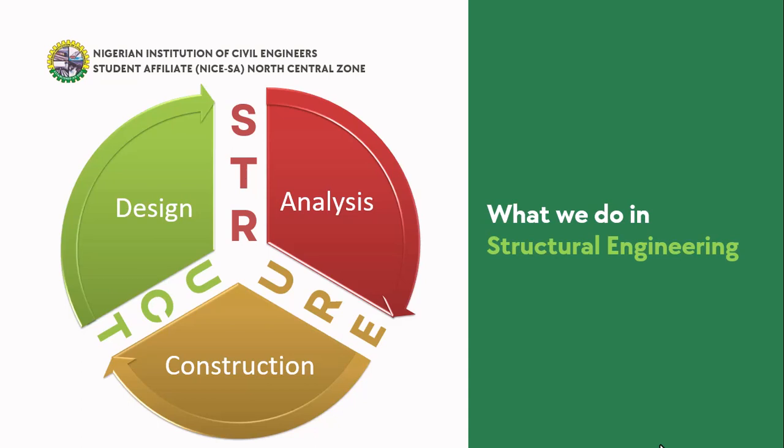So we have land. Maybe the only thing that would have been done with land without structural engineering would have been farming. But with structural engineering, we realized that we could do a lot. We could have structures, buildings, beautiful things erected on the land, even below the land. So that's what structural engineering is about. We bring it to being, we design structures, we analyze structures, we construct structures